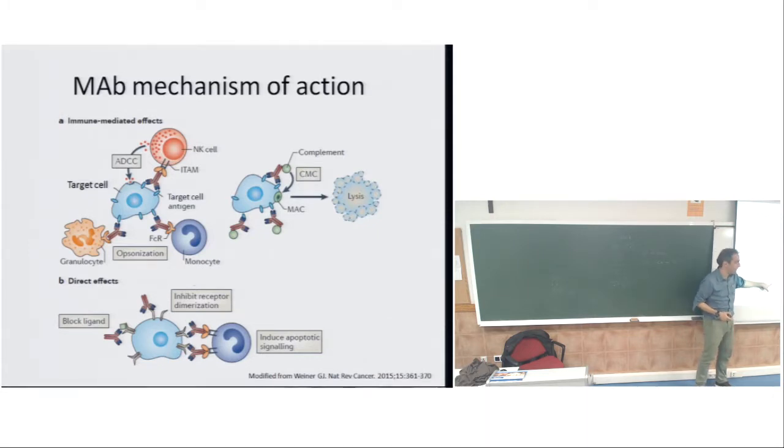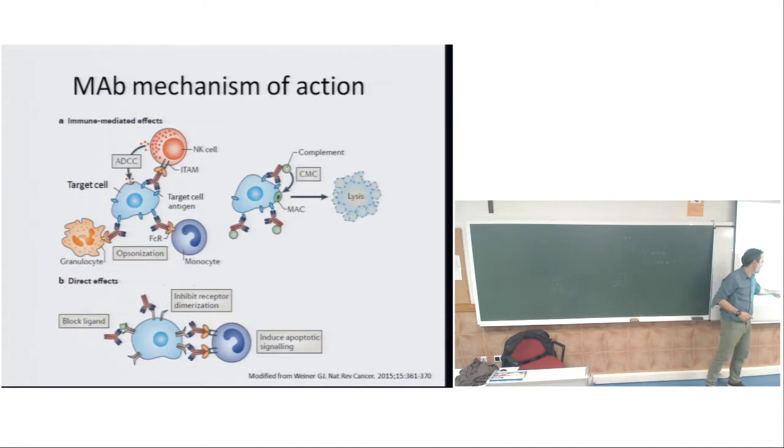With a monoclonal antibody that can recognize one monomer of the receptor, this receptor cannot find the other part to dimerize, so the pathway will be blocked at this point. We can also find monoclonal antibodies that can bind the growth factor or the soluble factor, the hormone, that way avoiding the pathway towards the nucleus.